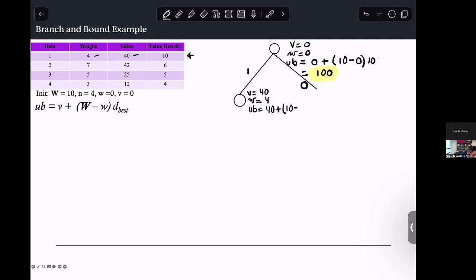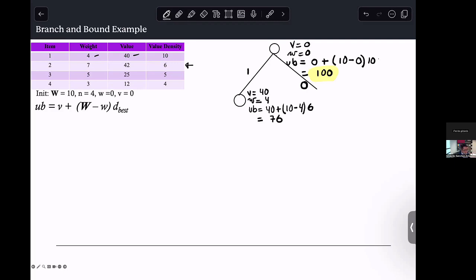I mean, the weight of the items that I have included already, which is 4, multiplied by the best item remaining. That means 6. I will erase this one. So we have, and that means that now the upper bound is going to be 10 minus 4 is 6, multiplied by 6 is 36,